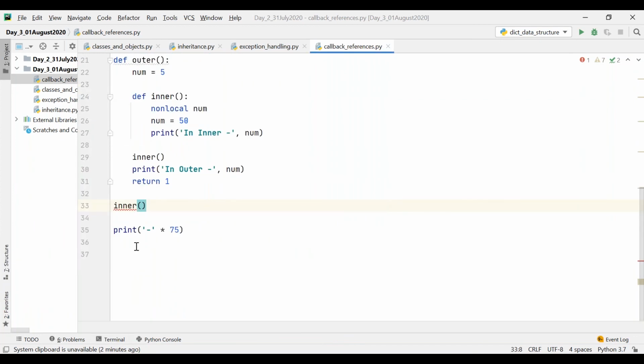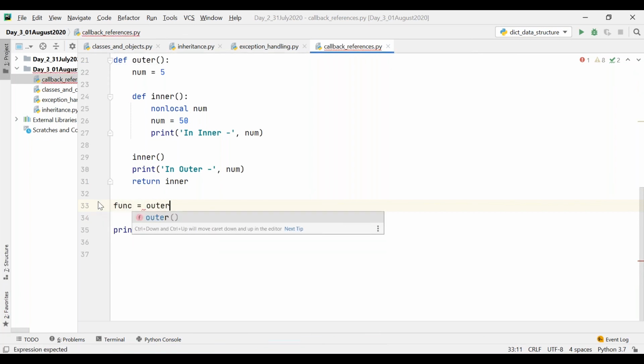But if I want to invoke this inner function outside outer, I can return the reference of inner. Instead of returning the values, I can return the reference of inner so that I can invoke it outside as well. See, now let me say here function is equal to outer.